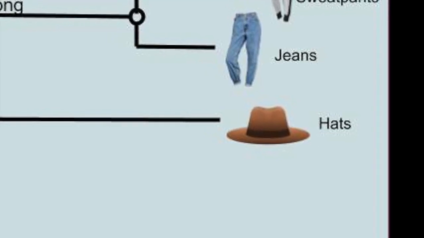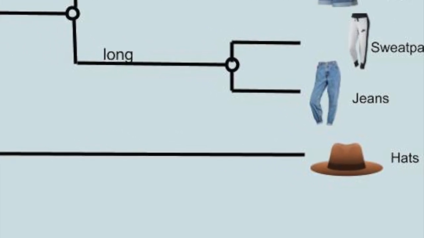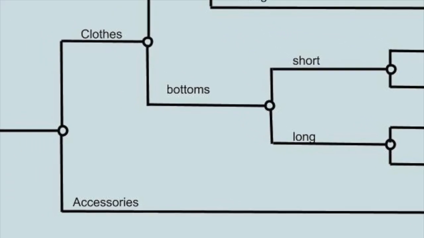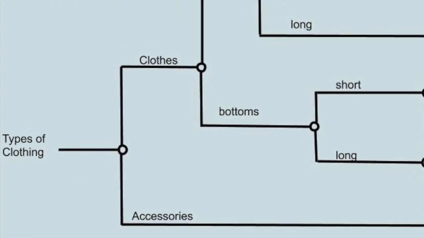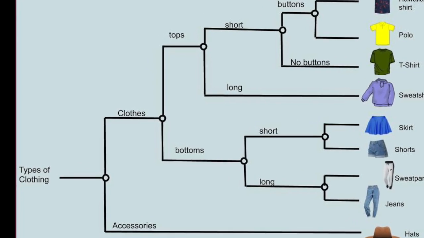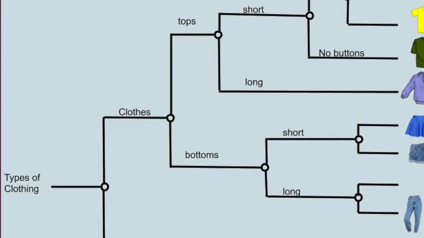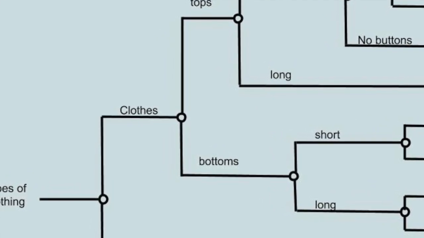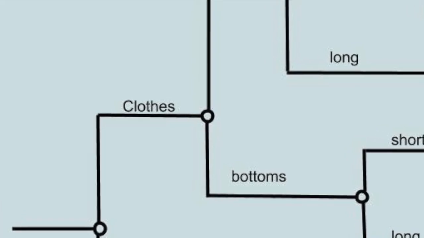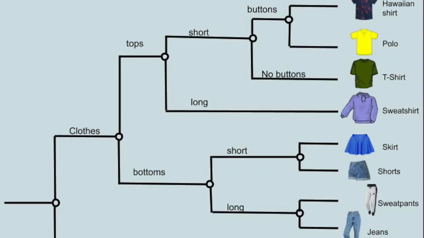In this example, our outgroup OTU are hats. This item arose from the first divergence, resulting in the separation of clothes and accessories. From this split also emerged the common ancestor for all other items. This common ancestor is represented by what is called an internal node. These nodes are shown on the example tree as the small circles. The next divergence in the tree results in the tops and bottoms phenotypes.